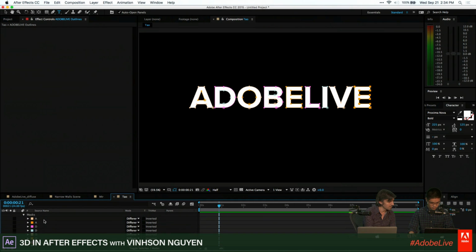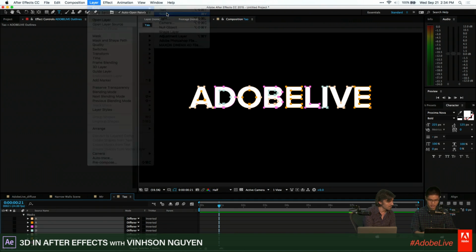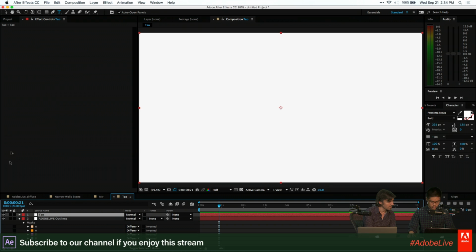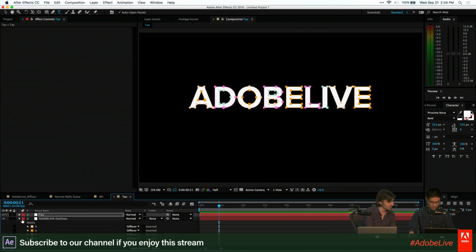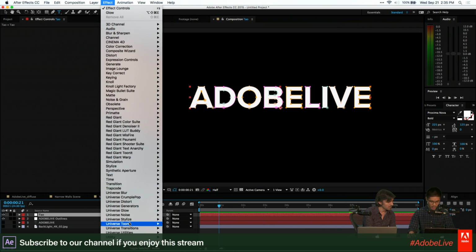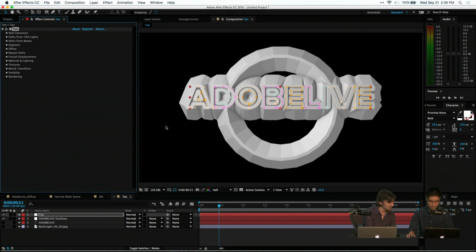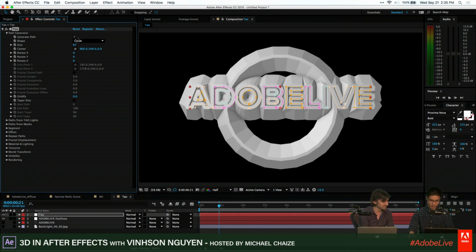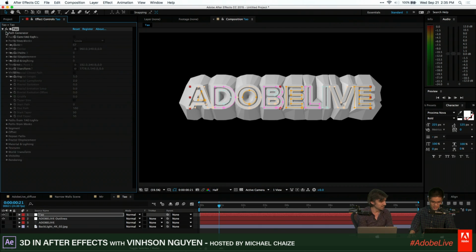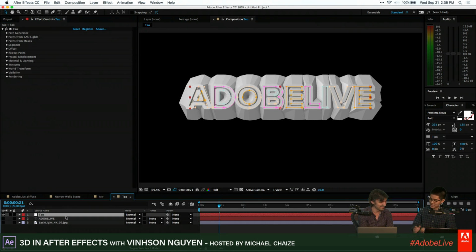Copy it, and we'll create a new Trapcode Dao layer. We'll paste those paths in there, and we'll go ahead and create and apply Trapcode Dao. And we'll turn off the path generator. That should probably be off by default. But as you can see, Dao automatically grabs the mask from the layer itself